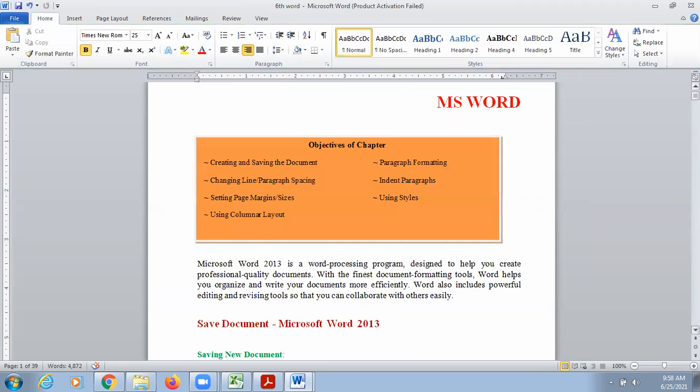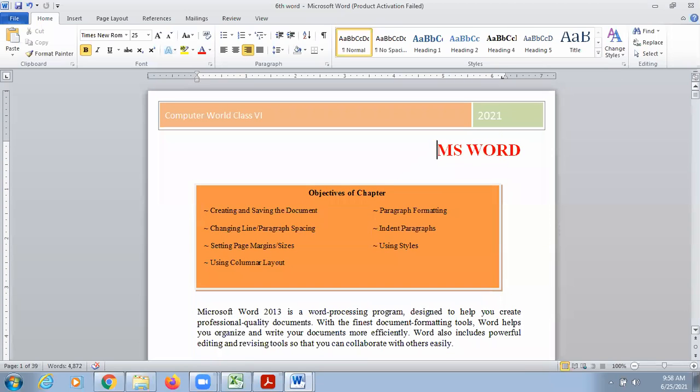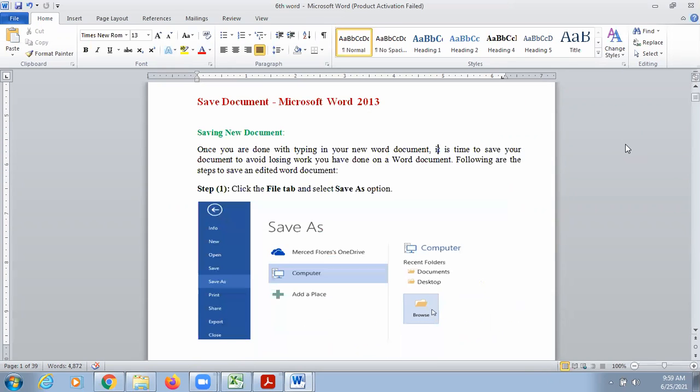Now let's check. We have to check that the footer should appear at the bottom of every page, and page numbers should be different for all the pages, and the header should appear at the top of every page, and the content of the header should remain common for all the pages. Now let's go down.